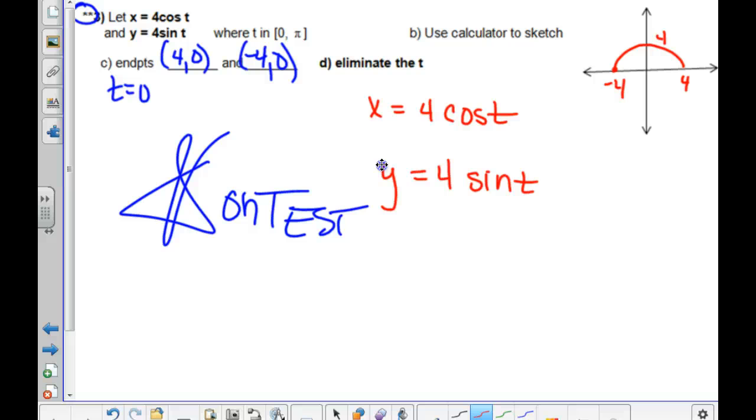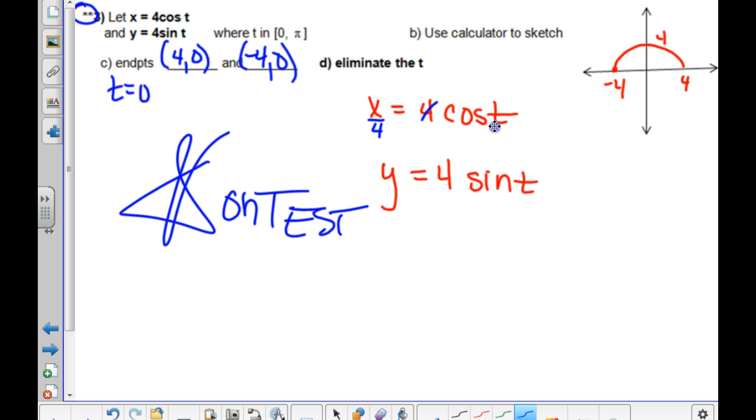t altogether. If we made this into a cosine squared, and we made this into a sine squared, and added them together, we could trade it out and get what? 1. The most famous identity of all, right? Cosine squared plus sine squared equals 1. Now, what we're going to do first, just to make this resemble the next question as well, is we're going to divide by 4 here,